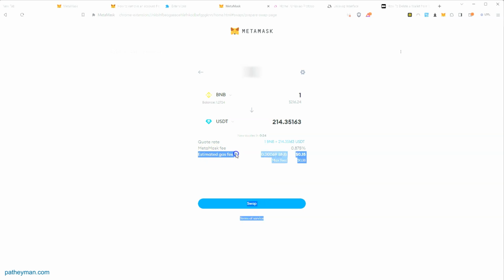Notice that there is an estimated gas fee, and that gas fee in BNB is really inexpensive. It's about 15 cents. It could go up to approximately 18 cents. And then it's also telling you the actual price. So 1 BNB equals $214. And it also has a countdown. That quote is good for the next, well, in this case, 3 seconds, because I've already been talking for about